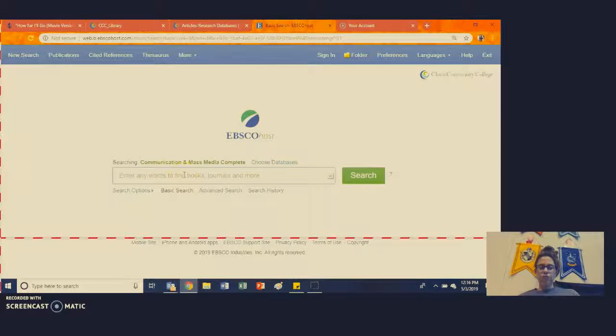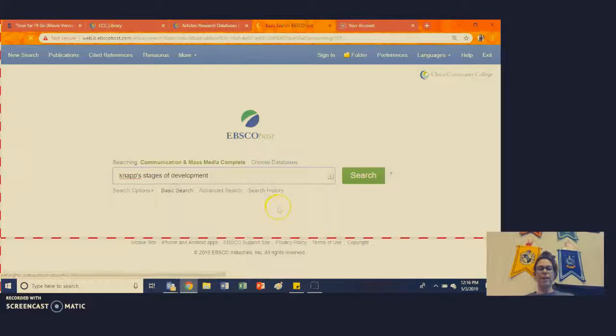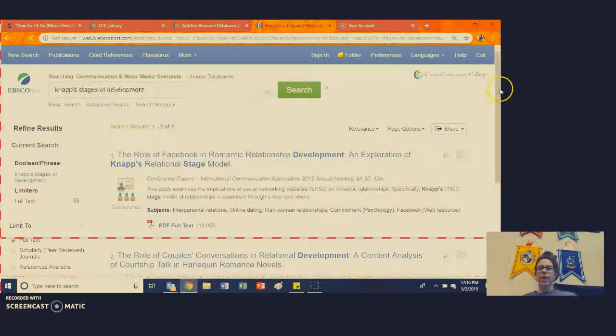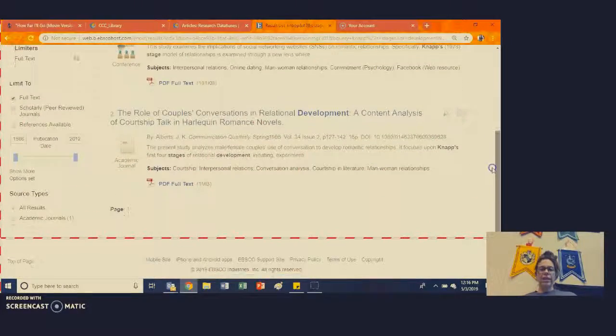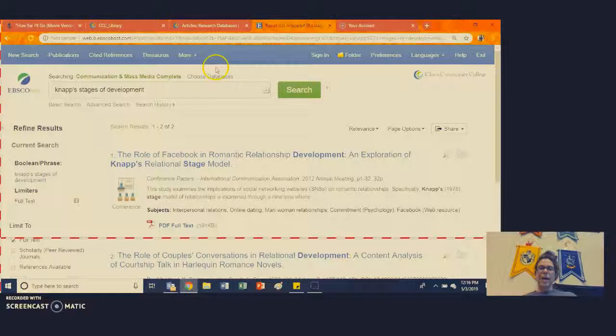So I'm going to go ahead and try to just plug in NAPS stages, and see the database already knows what it is because this links directly to communication concepts that we have, and click search, and you're going to see all kinds of things. Well, this one only happens to have 2 articles, but that give you more information about NAPS model, maybe about how it applies to specific kinds of relationships, for example, maybe same-sex relationships, or how NAPS stages work in dysfunctional relationships. Who knows? You'll find stuff like that as well.